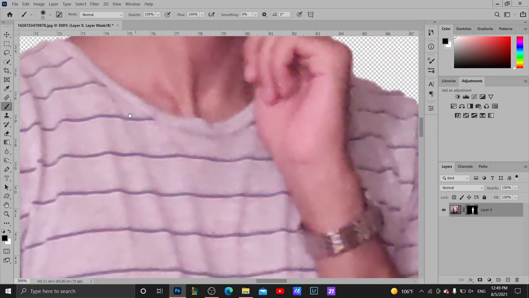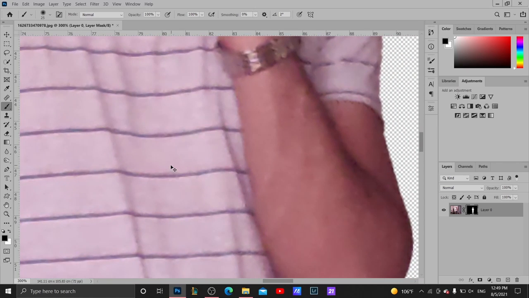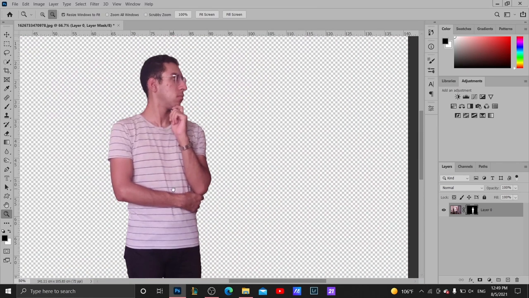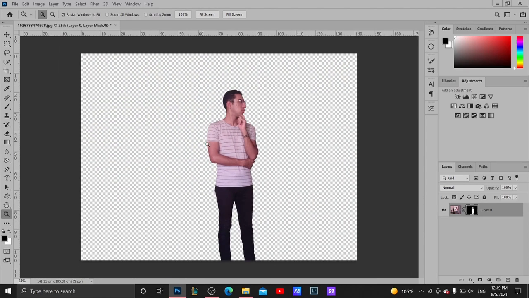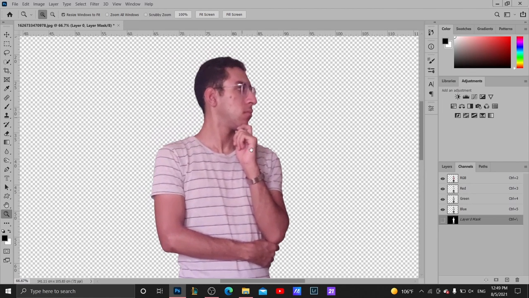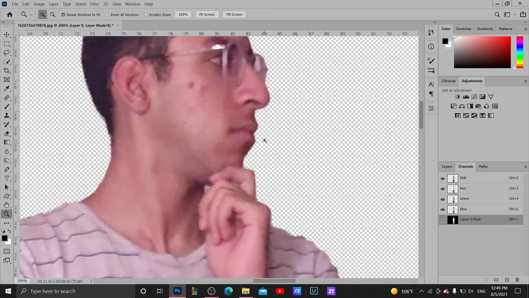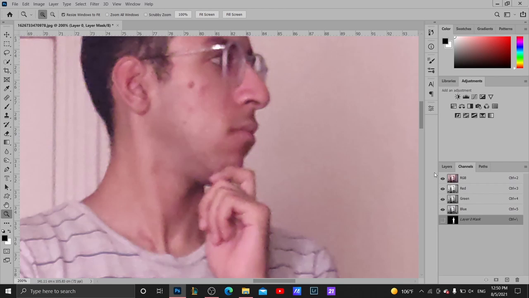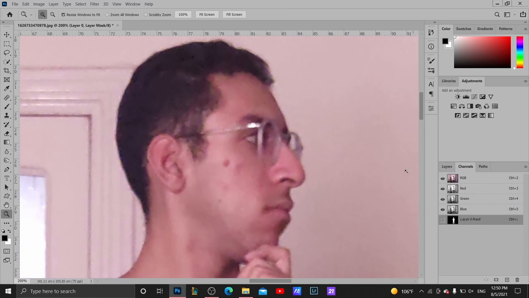Now let's see the whole picture. Now it looks good. Let's go back and let's go to channels to select the hair. But first, let's turn off the mask. Press Shift and click on the mask to turn off the mask, and then go to channels